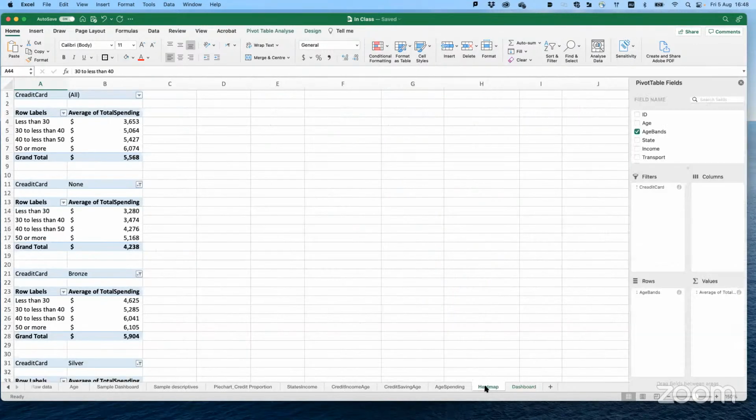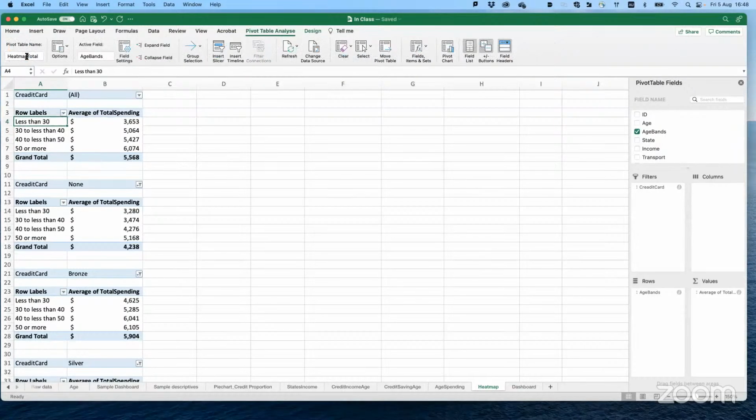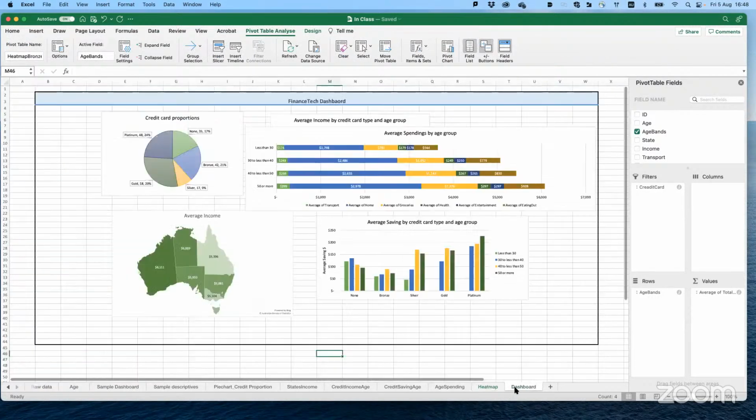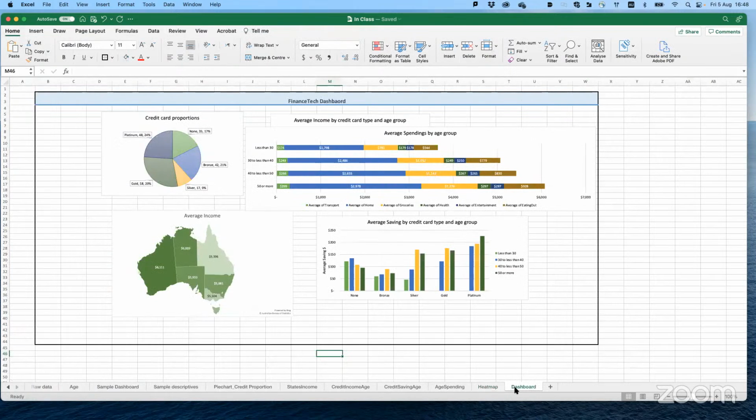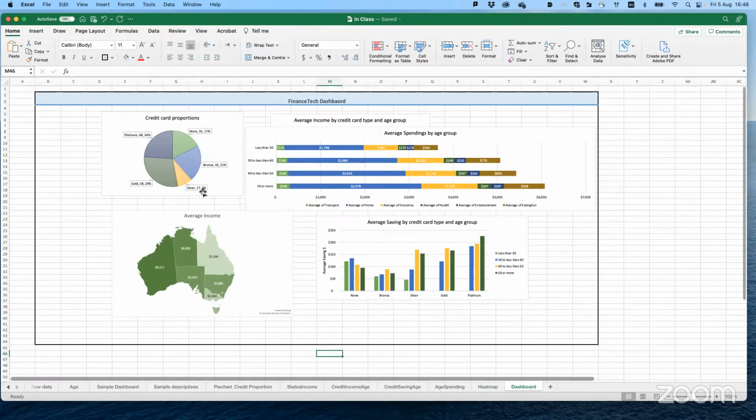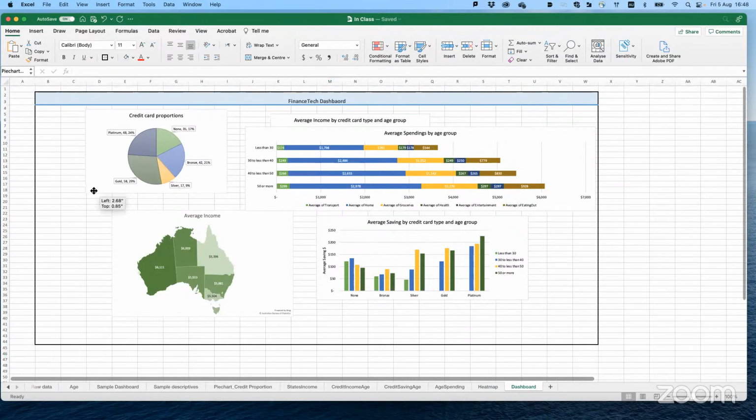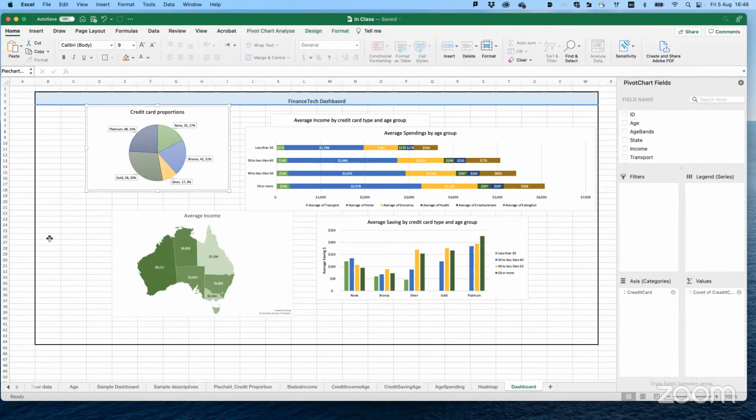So what did you name each of the tables? For each of the tables, it depends on you. For these ones, I put heat map total, heat map none, heat map bronze, and so on. Any more questions? So now I have everything here. I decided to leave 2 columns for my slicers.